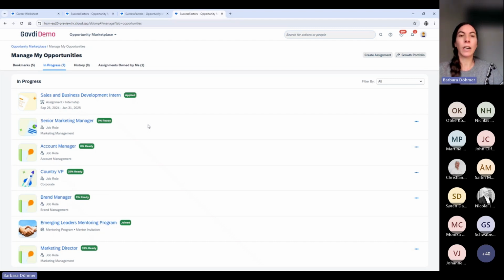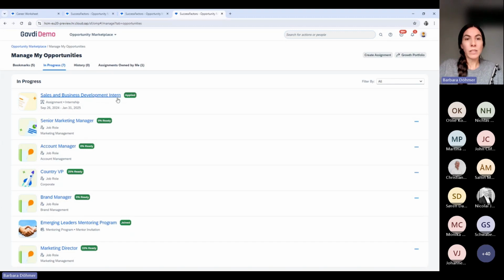Maybe you want to change your current development aspirations, or you are looking into something else and don't want to develop in certain roles. You can just update which roles you are still looking to pursue, or which roles you are no longer interested in, and then update this information within the system.